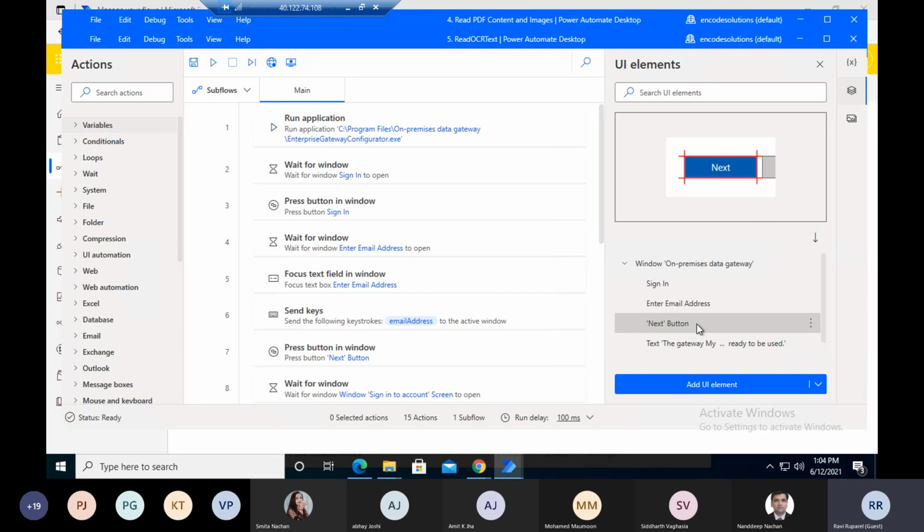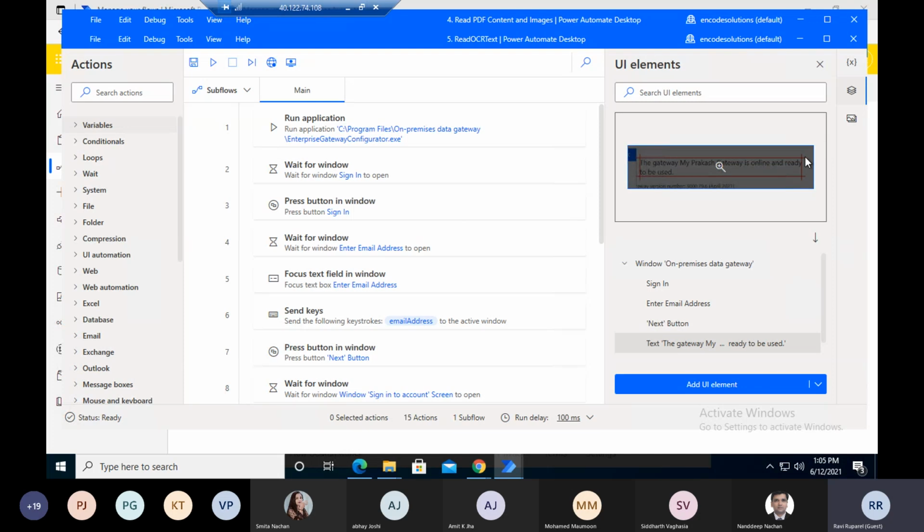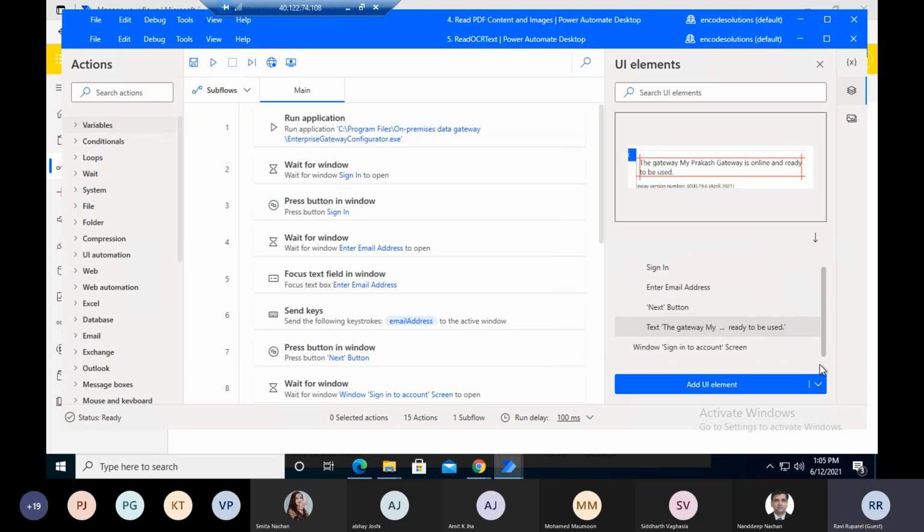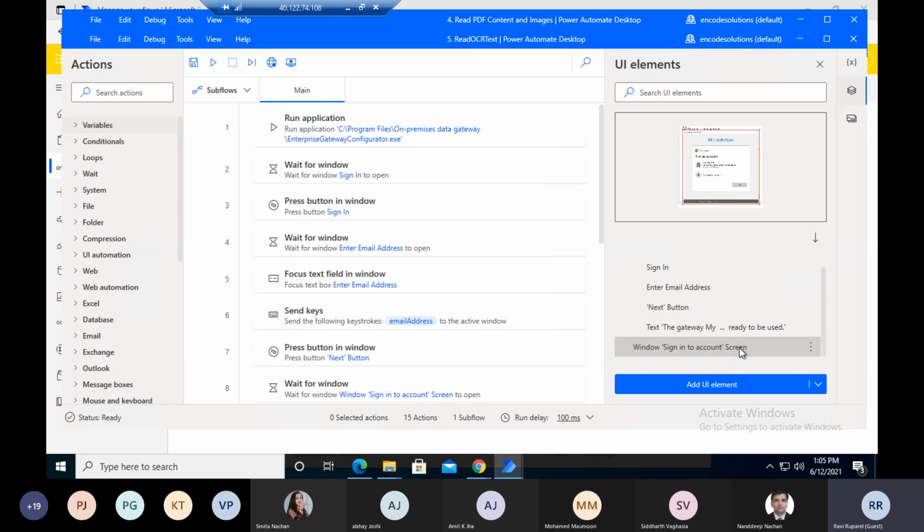On this button click, it will go to the next window, and from this screen, I am fetching the content which is shown in that portion of the window. And there is one screen which is rendered when we are typing the user email. So I have added all these UI elements from here into the actions.